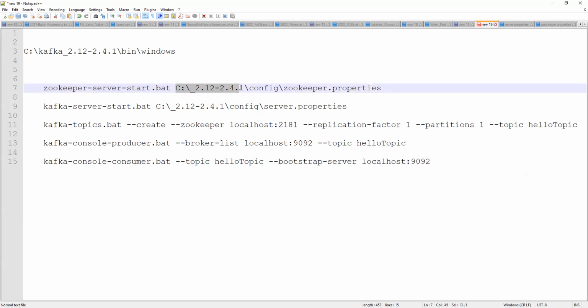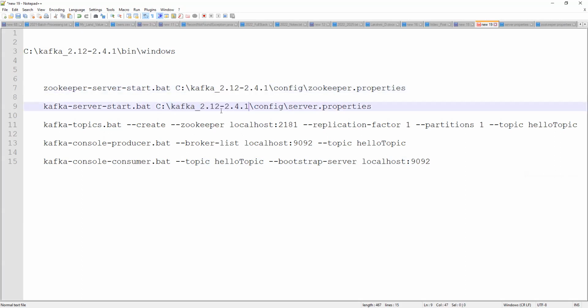So here I need to replace this version. Just replacing the version. Inside the version, the config folder is there. So I want to replace the Kafka version here, in only two places: the Kafka server.bat file and the Zookeeper.bat file.